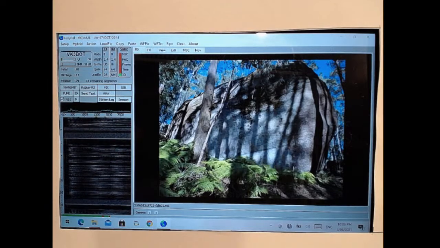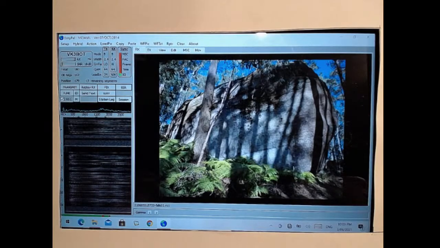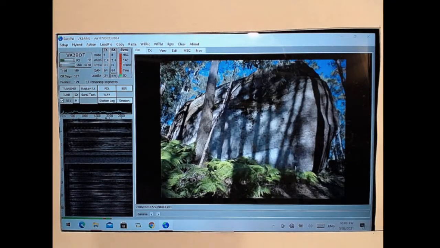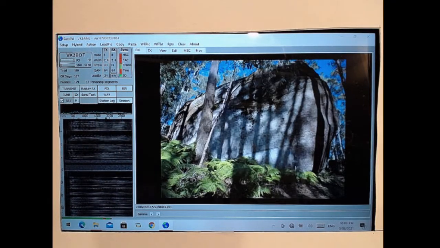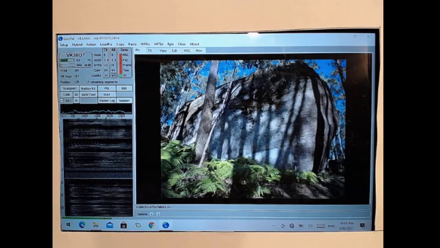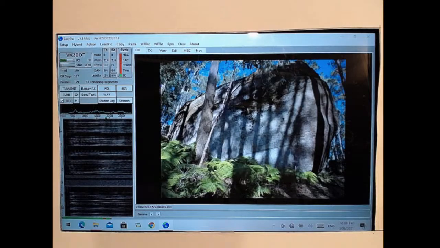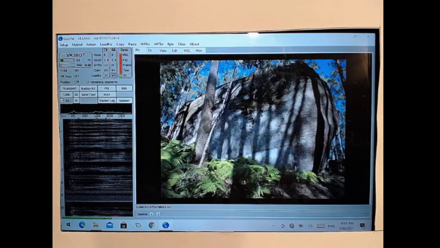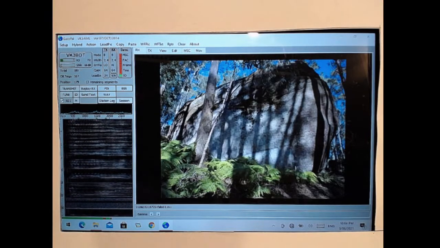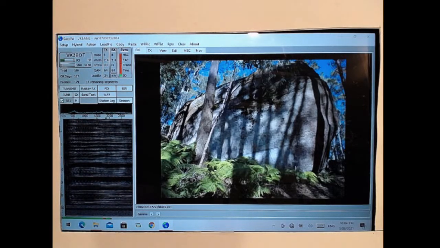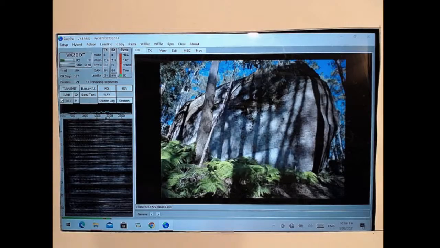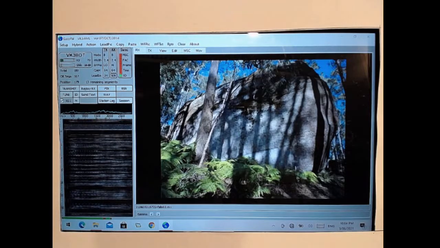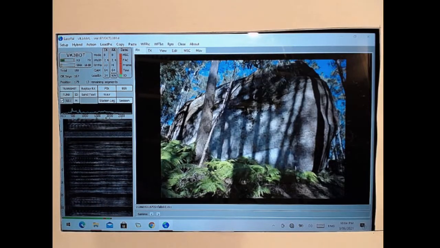VK3GTG, James, how did you go? Yeah, full decode on that. Oh, actually, oh no, I think I had a full decode. I don't know, on the second time around it did stuff. But anyway, I'm not sure what's happened. At the moment it says 165 OK segments, total of 180. But I do have the picture of the rock sitting here, so it was at 15 dB. So yeah, anyway, I've got it. And yes, explanation, it's a big rock. Back to you. Yeah, thanks. Very interested to know what it's all about. Over to you, Stan, for explanation.